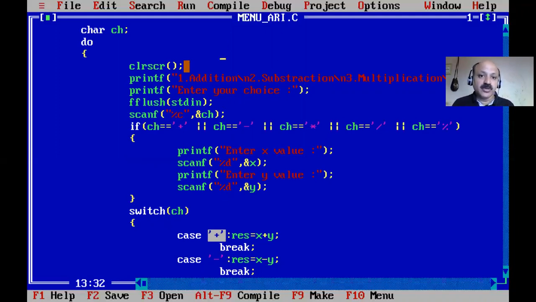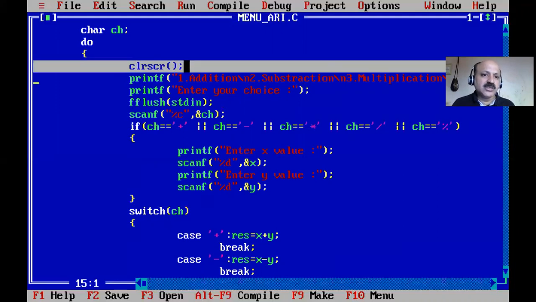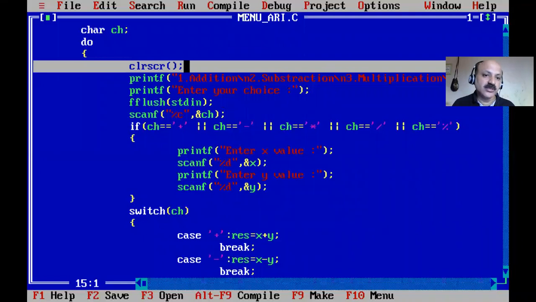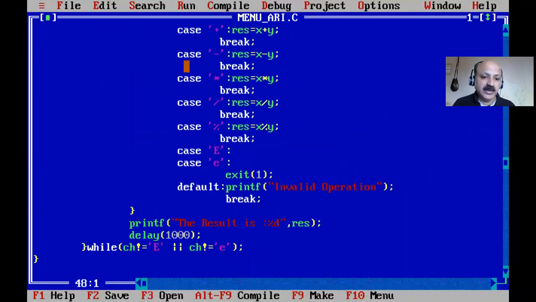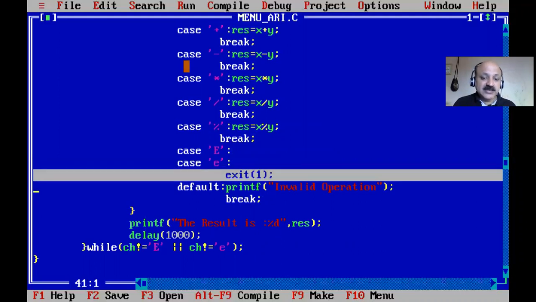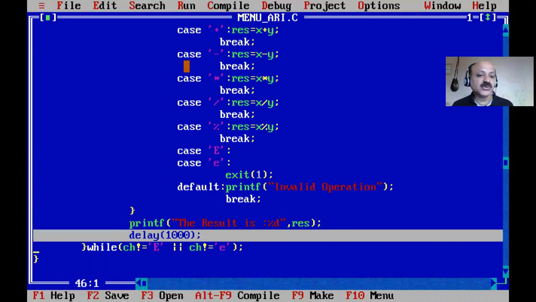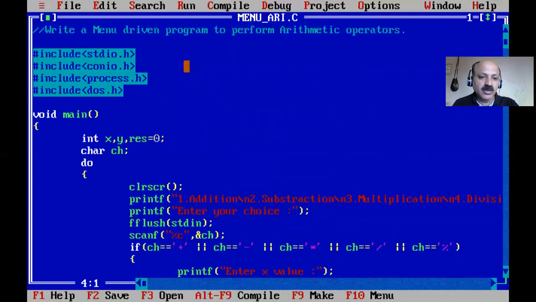It is not exactly a problem, but just an improvement, like our menu appears again and again. So clear screen appears here, and we can use getch, understand, and here we can use a delay function. In a menu driven program we can use the delay. Okay, so I think all is well.